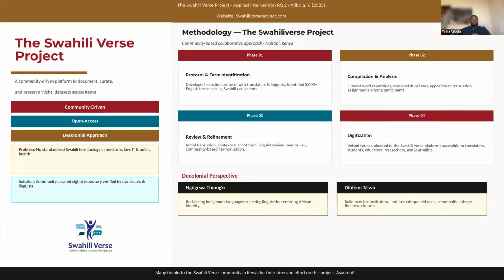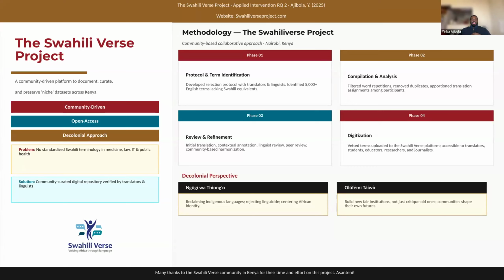Now, moving into the applied section of my dissertation, which was a community-centered approach to AI curation. This project emerged from interviews with translators in Kenya, where a recurring issue became very clear. The issue was that English terms still lack established Swahili equivalents, which most of the translators said produced inconsistent translation. And so to respond to this, I developed a co-participatory design